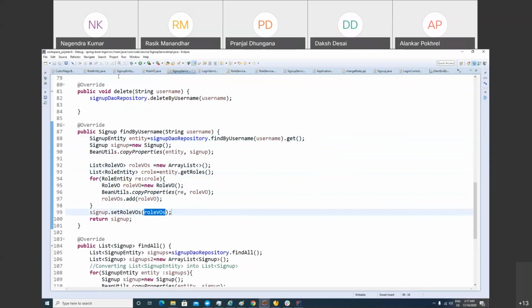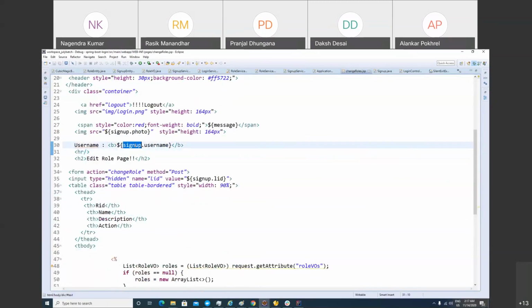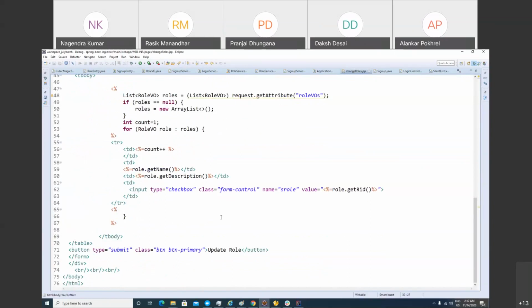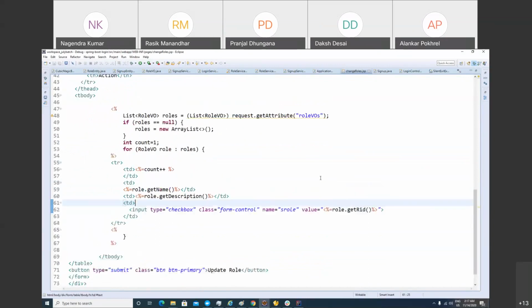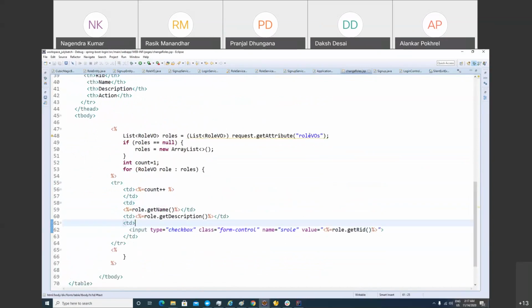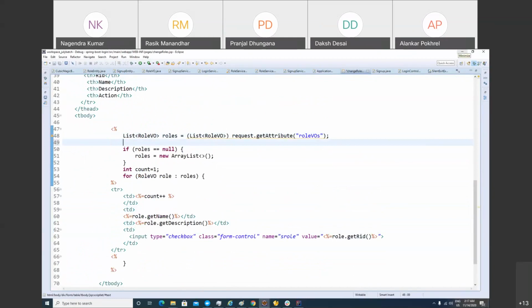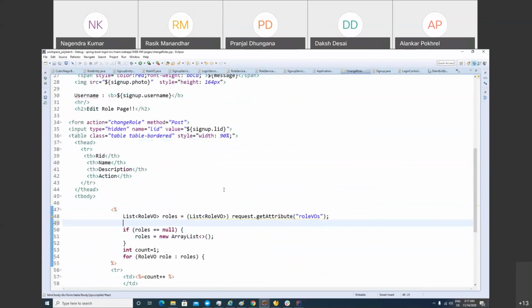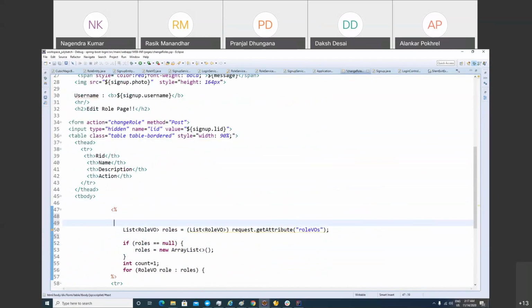When you are rendering your role page, we have sign up. Inside the sign up, we have all the selected roles. So here you have to take the decision. Here you get the role name and description. Here all the roles are coming, right? So here we have two kinds of roles. One role is all role. Second, you can fetch a role from